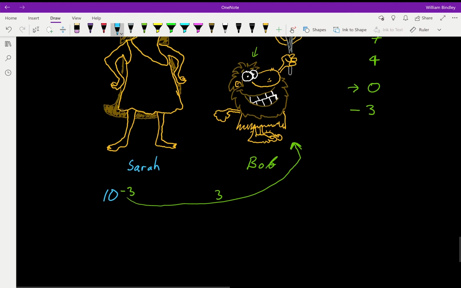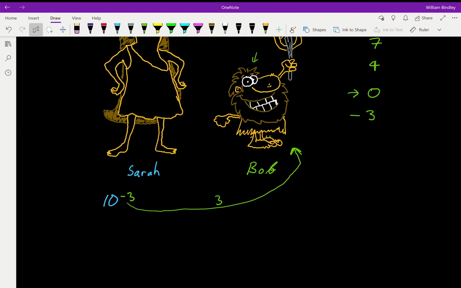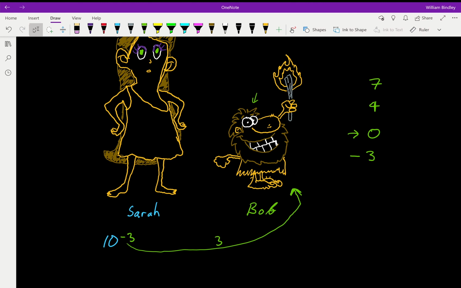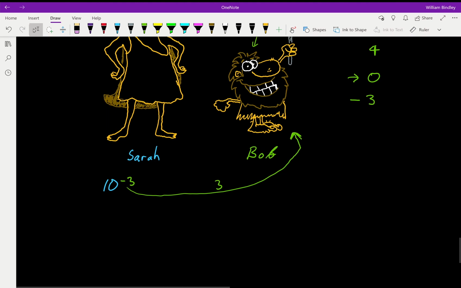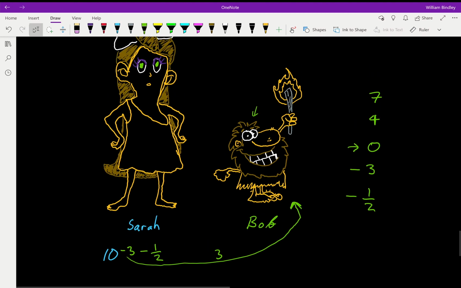So we still need to keep track of how much fish Bob owes to Sarah, but we are not going to be able to capture this fact in terms of natural numbers or negative numbers. So we need to introduce new kinds of numbers. Maybe Sarah gives half a fish to Bob. So now we have rational numbers, which are either positive or negative. So that's how we get from the naturals to 0 to the integers and to the